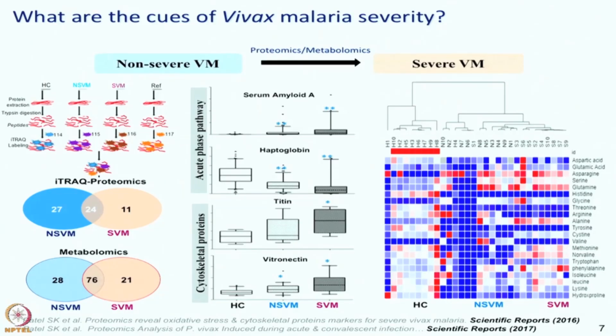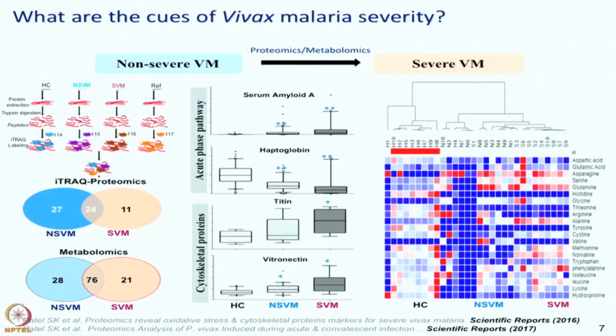Another protein like haptoglobin shows an overall reduction in concentration from the non-severe to the severe patients, and that is logical because haptoglobin and hemoglobin form a complex, and therefore you will see the reduction of this particular protein in the severe vivax patients. Some of the cytoskeletal proteins like titin and vitronectin showed an increased response as the disease progresses from the non-severe to the severe type, which is indicative of some of the muscle protein and cytoskeletal protein being secreted from the muscles to the bloodstream,